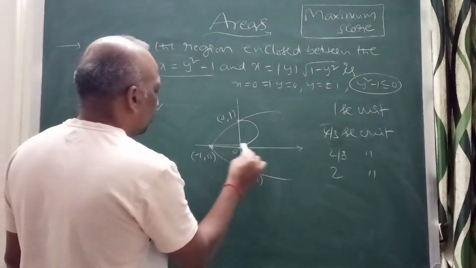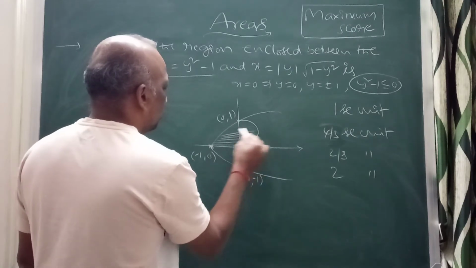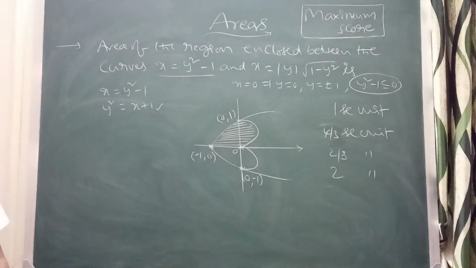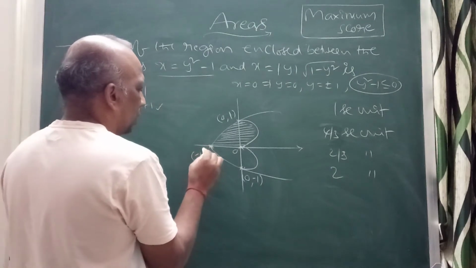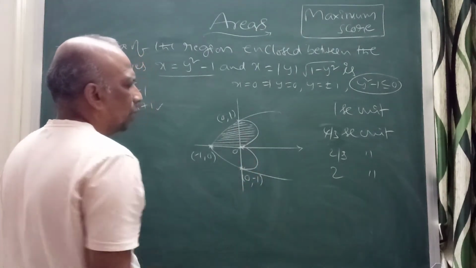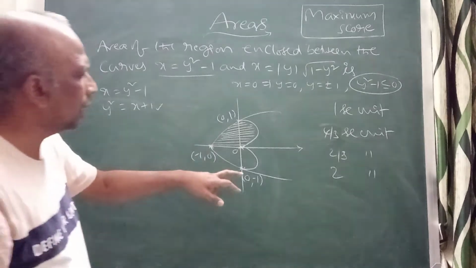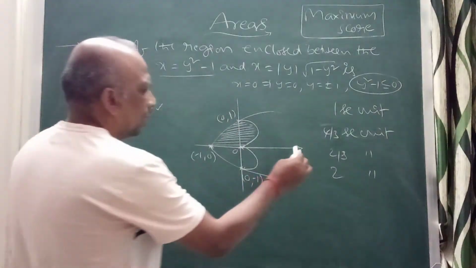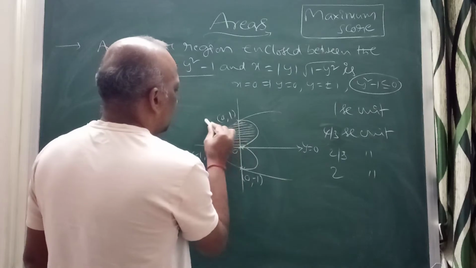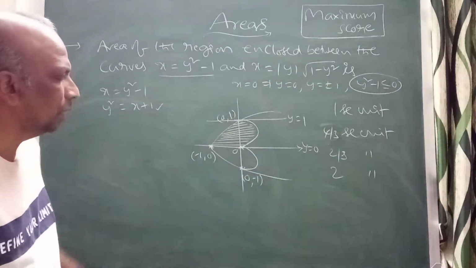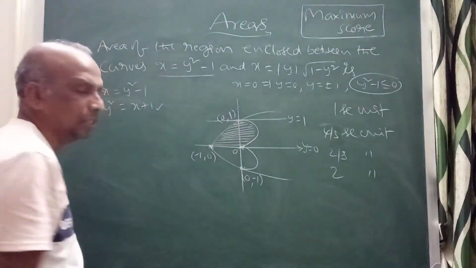So I can do double of this, correct? Right curve graph, I can use this minus 1, this is a point 0 comma 0 I can consider. So the required area, you can see, I can consider the value 0 to 1. This is y equal to 0 and this is the line y equal to 1, 0 to 1. I want this entire area. This is also required here. Double of that I can consider.